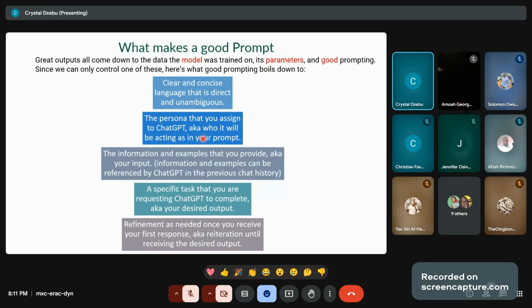You can provide examples, and you can also make reference to previous chats in your chat history. As I told you earlier, one good thing about generative AI is that it knows how to understand your conversations. So you can chat with generative AI for the next 1 hour, for the next 2 days, for the next 1 week. So far as you don't switch context, it will keep giving you information. You can even refer to previous conversations. And then when you switch the chat to something else, it's able to also know that you have changed subjects.